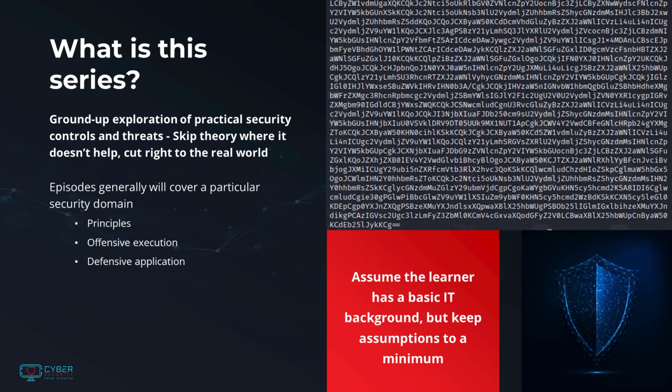Now, I found there's a lot of great materials out there that cover the high-level principles, and there's a lot of things that focus on one specific technology, a particular form of testing or something like that. But there wasn't anything that I could find that really took a big comprehensive look at what is the technical domain for cybersecurity and what are the foundational technologies that you need to understand to get a footing